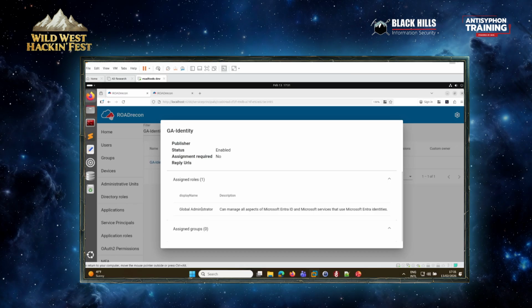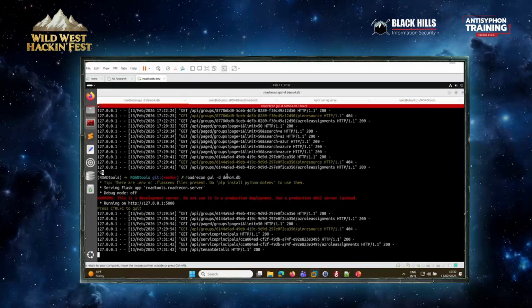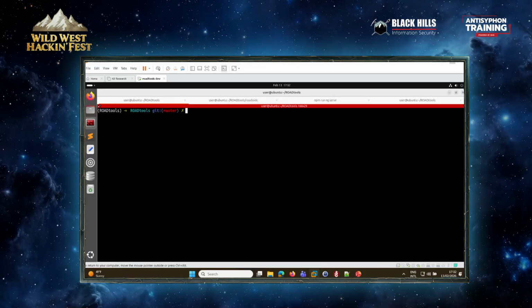So basically the path here is that there's an identity in Azure, and the group that we are in grants us access to that Azure subscription, and there's a managed identity, and that managed identity is global admin. So it means that as Bob, we can do the whole path to global admin. And I think I have enough time to actually demo the whole path, which is going to take a while.